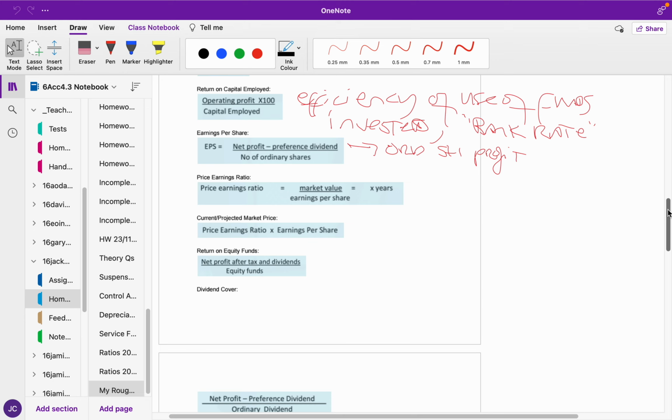So price earnings, it talks about market confidence in the future. So if we made a reasonable profit, then we would expect the share price to be reasonably high. If our profit is poor, then we expect our share price to be reasonably low. But if the price earnings, we're looking for a price earnings ratio somewhere in the region of 10 to 1, or 10 years. So it'll take 10 years for us to earn back the money invested in the business